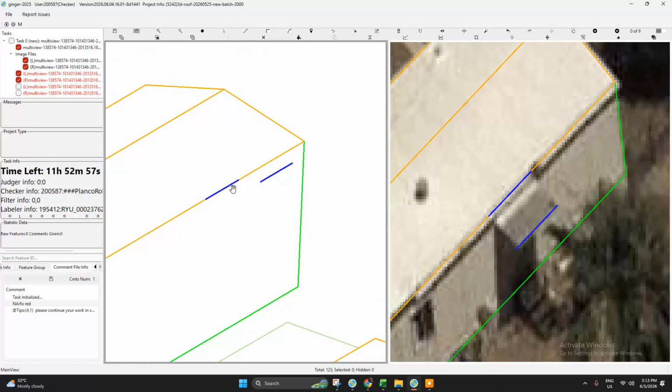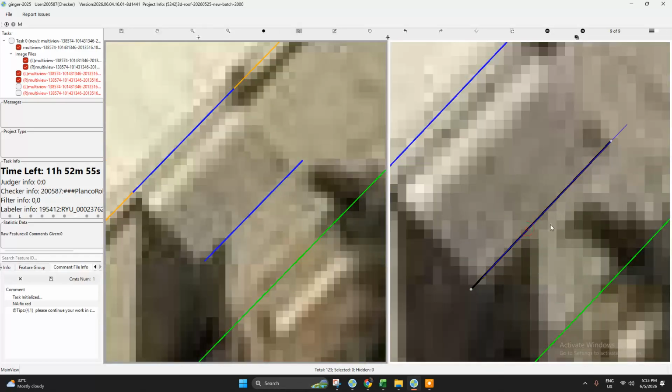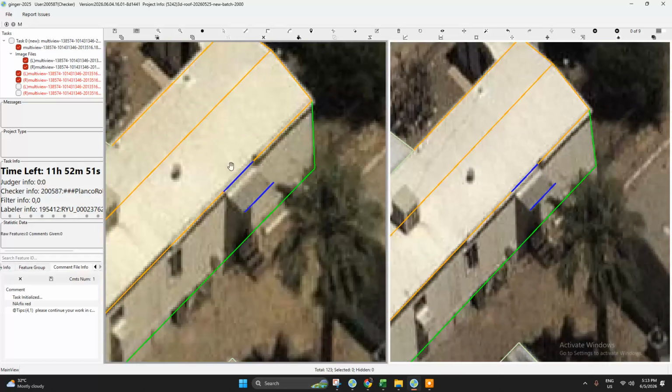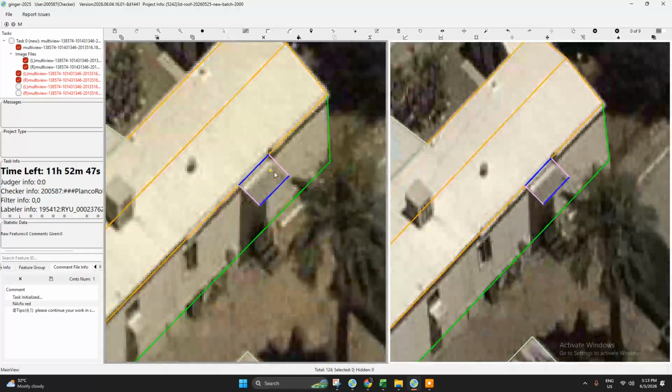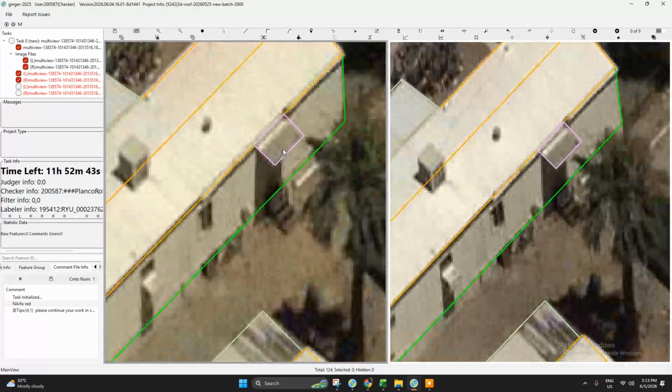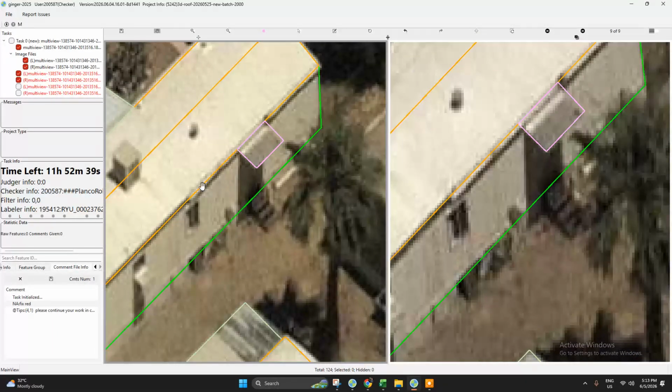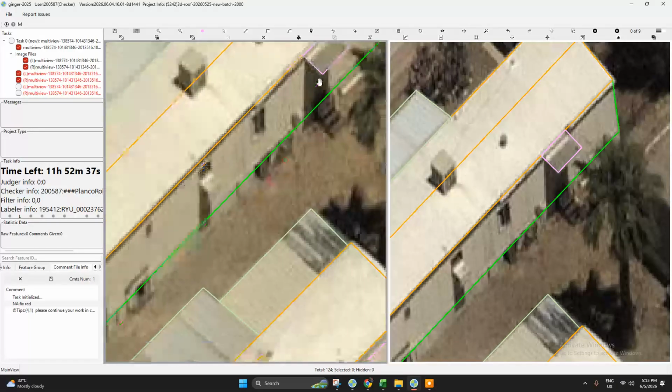It's too high. Okay, so we are done. This is a secondary attached roof because we do not see any support, any pillars, any walls, or any pillars below.